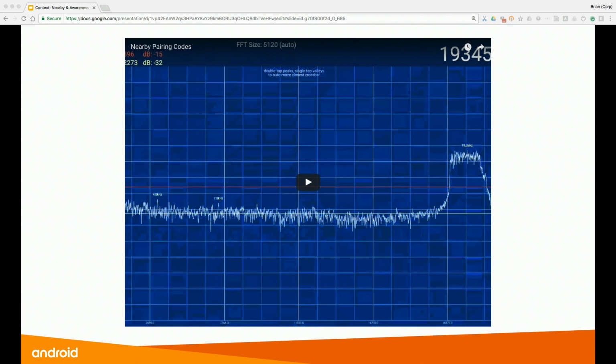So this is a video that I'm not going to attempt to play, but you can see here, because you can't hear this signal, this is a spectrum analysis of what it looks like. You can see there's a sort of peak of data around the 19 to 20 kilohertz range. As I say, like most people can't hear sound at this range.